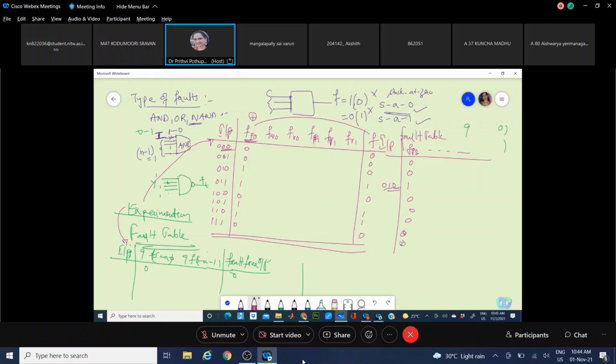You got the meaning of this fault table now? It means in the table only ones will be given. A 1 in the fault table indicates that for that particular input combination, on that line, there will be a fault described by the type. A stuck at 0 on P line happens for an input of 0, 1, 0, that is 2. And for the other inputs, it is fault free. The system is responding properly. That is the meaning of that.